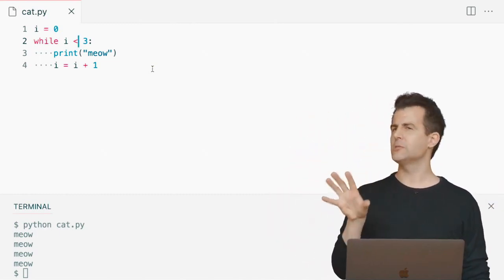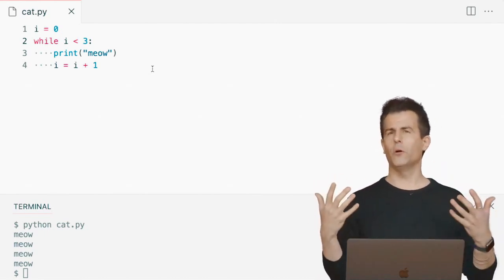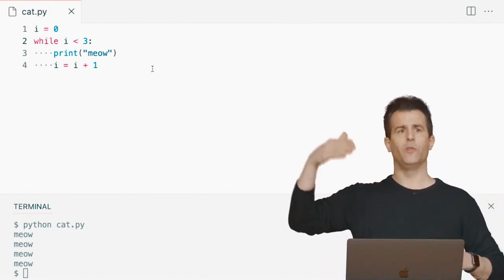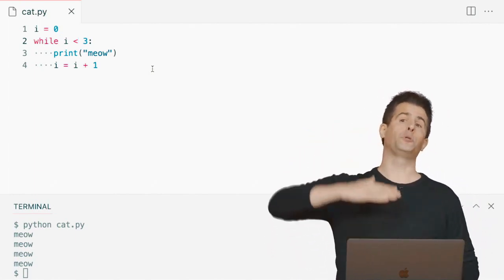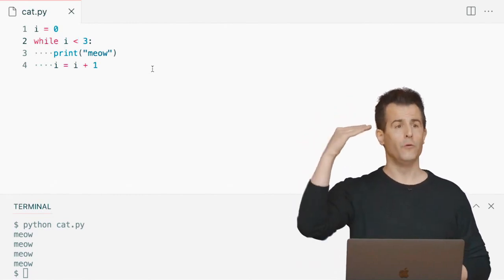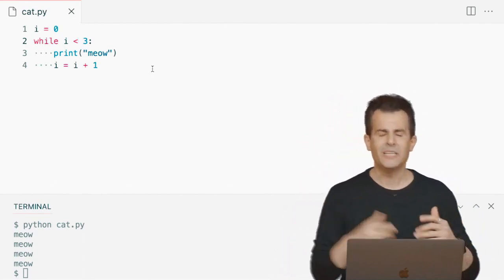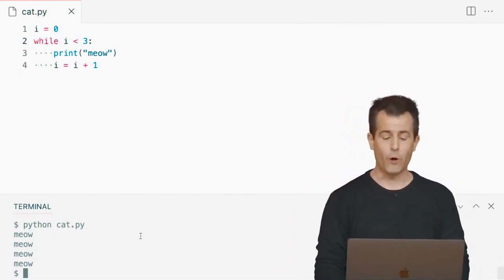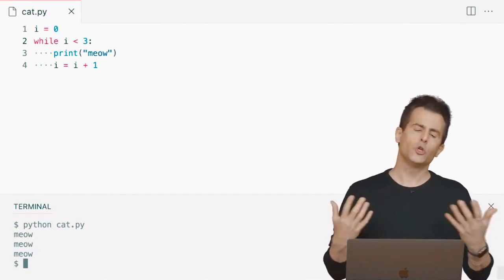And even though this might, of all the things we've seen thus far, seem maybe the least familiar, most of us might start at 1, 2, then 3. It's a good habit to get into now. Start at 0 and go up to, but not through, the value that you care about ultimately, 3 in this case here. Well, let me tighten things up a bit here. Not only will this now fix my counting problem, it now meows 3 times as expected,